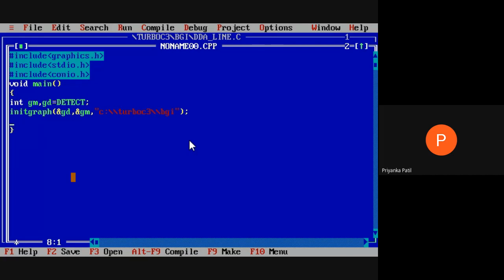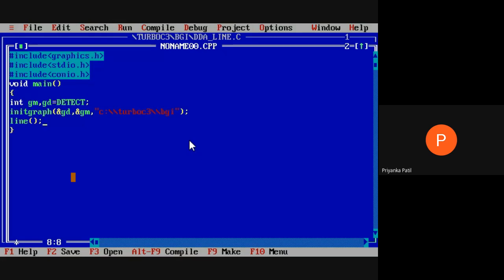After that we need to print the line with the help of the ready-made line function. For example, line, and in brackets we need to mention the four parameters, the starting and end point of the line. The starting point has two coordinates, x1, y1, and the end point also has two coordinates, x2, y2.